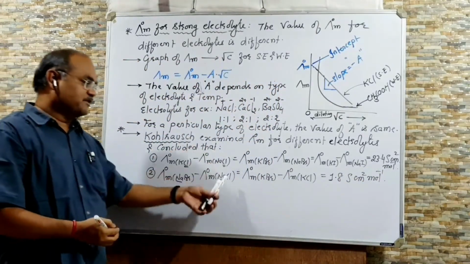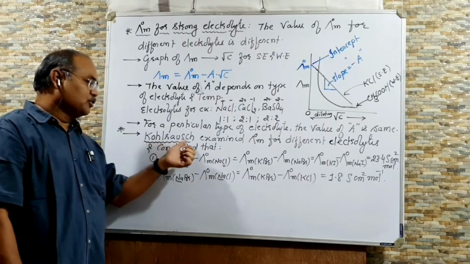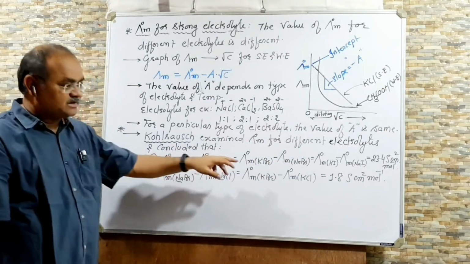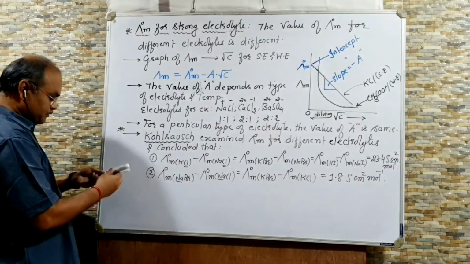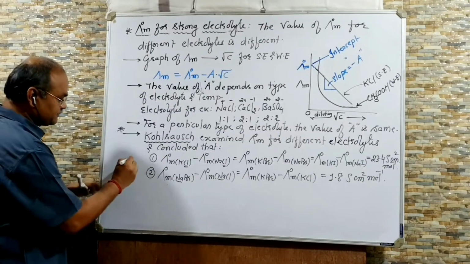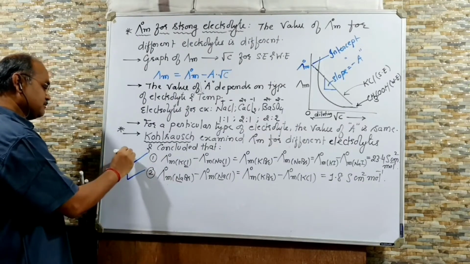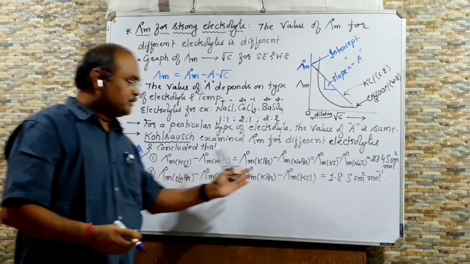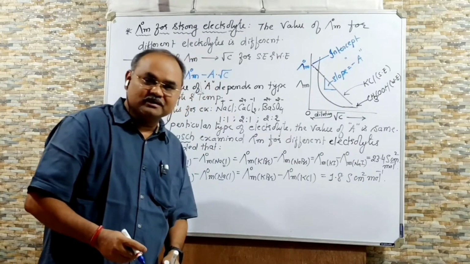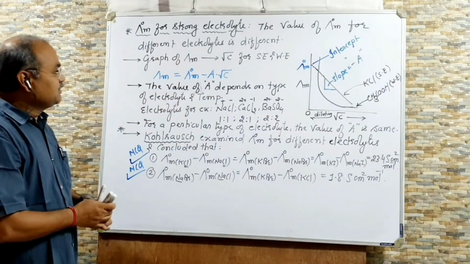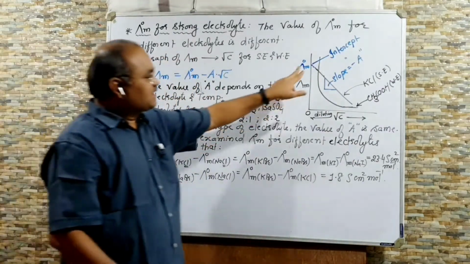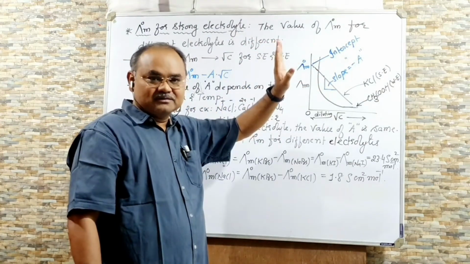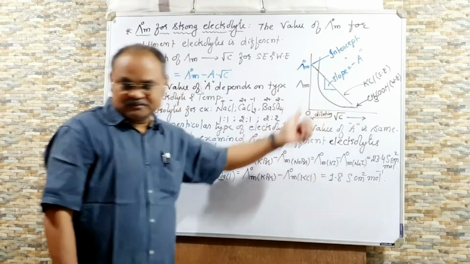So this was the observation made by Kohlrausch by examining lambda 0 m for different strong electrolyte, and then he has taken the difference. So from these two also MCQs are being asked. They may give you any one of the difference and they may ask you the value. Clear? But you can see here, from the graph it is not possible to find out lambda 0 m for weak electrolyte. So now we will discuss about the weak electrolyte.